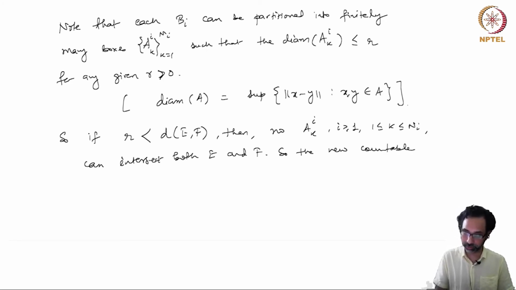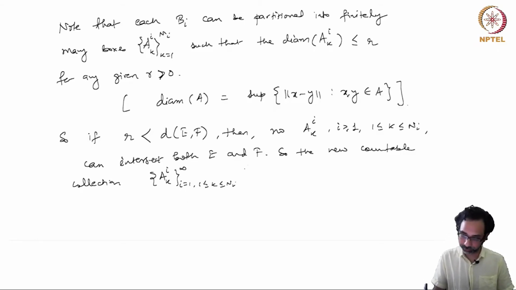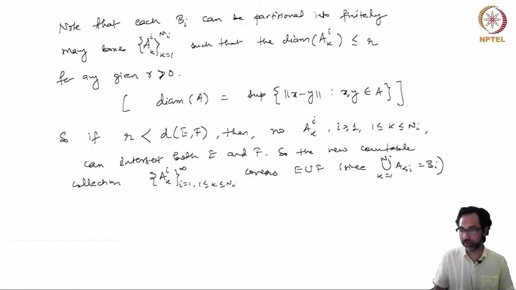so that the new countable collection of boxes Aki, i equal to 1 to infinity, k equal to 1 to Ni, this collection covers E union F, because when you take the union of these Aki over k, this is precisely Bi, because this is a partitioning of this box Bi, and this collection satisfies our assumption